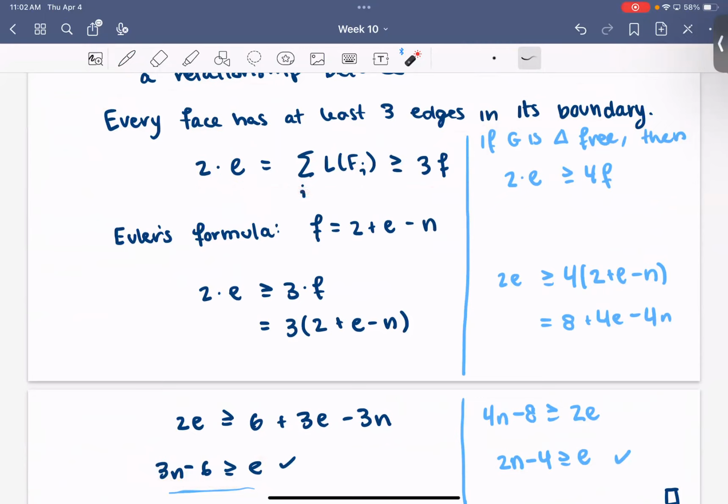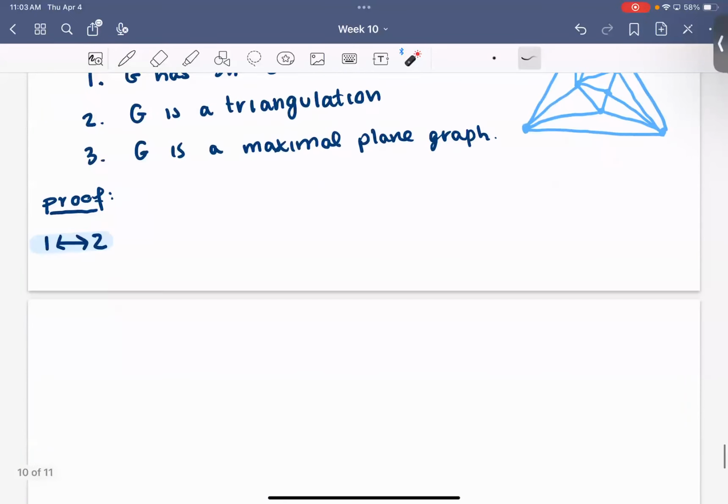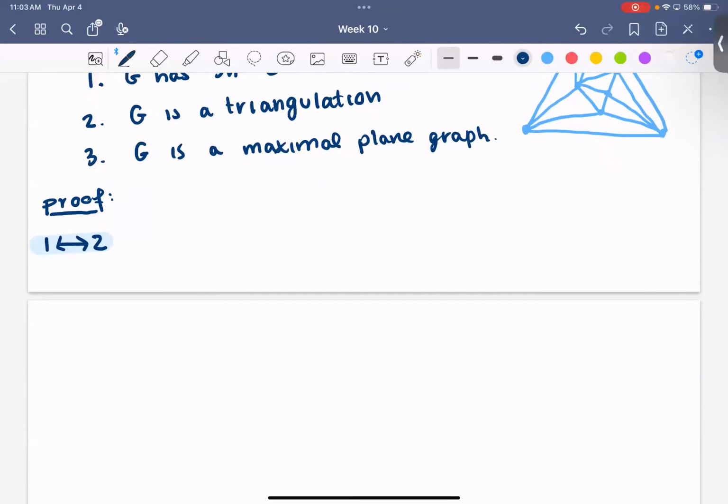And this happens when every face has exactly 3 edges in its boundary. So I'll write something. Okay, so the previous proof shows that